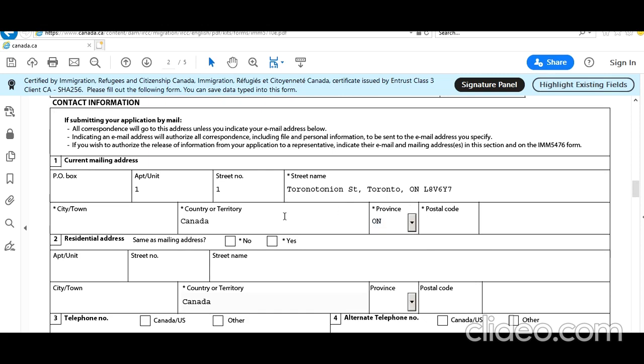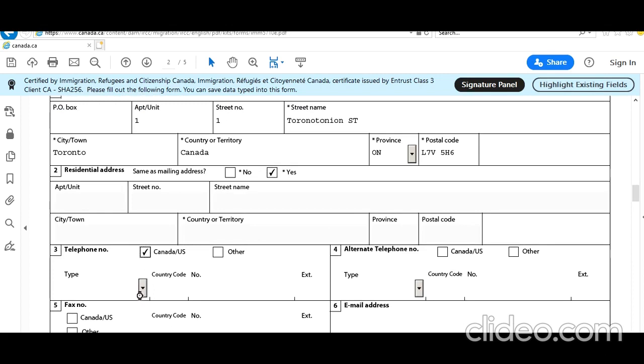Because I selected the city Toronto, I don't need to describe everything here, just the street name is enough. I don't need to write the full address here. Yeah, correct. Postal code I can do here, same as mailing address. Yes. He's in Canada, so he has a Canadian number. I can select cellular. Country code is selected already. Okay, email address is important.